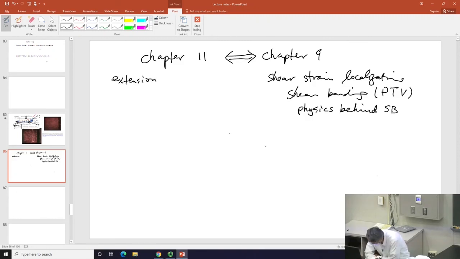Of course, extension has two parts. One is you can do it uniaxially, which is having a piece, just keep stretching it on two ends. Another is biaxial. It requires a little more specialized device,